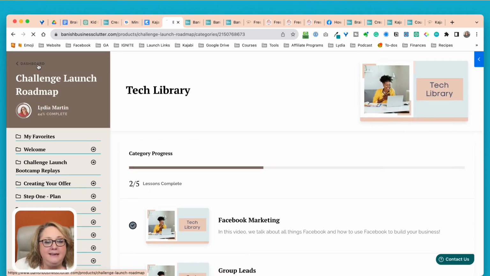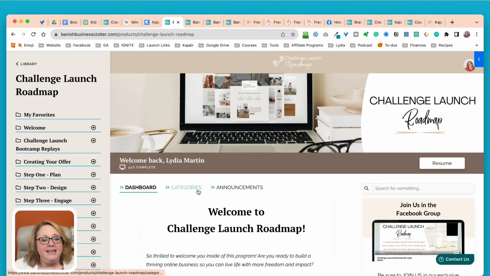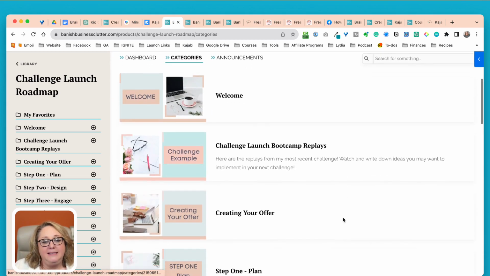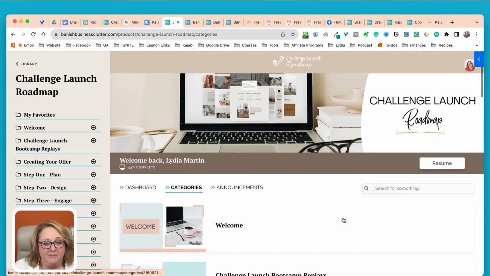It's just a different look. You can add anything you want in the sidebar. Sidebars are available in a lot of the themes, so you can direct people to your Facebook community. You can direct people to another offer. But all of these options are available inside Kajabi based on the type of course that you're creating.